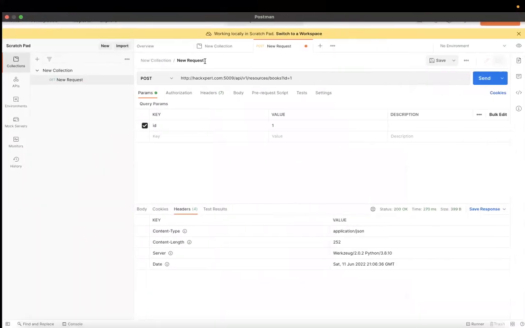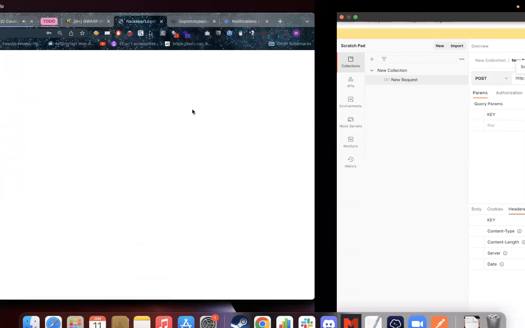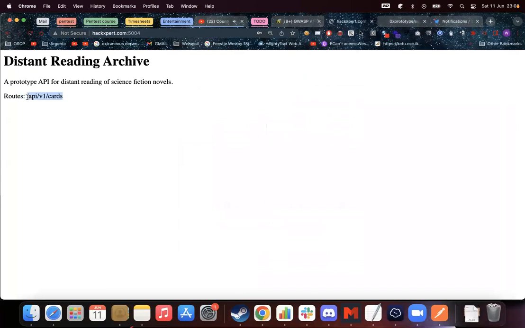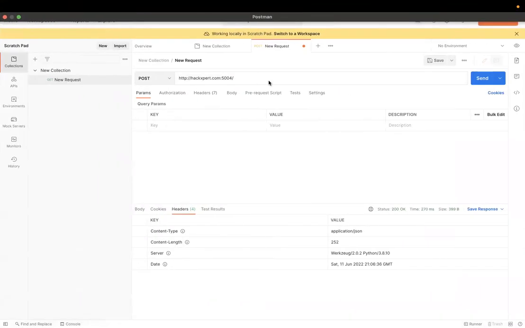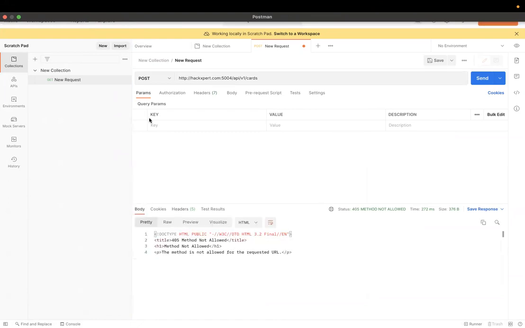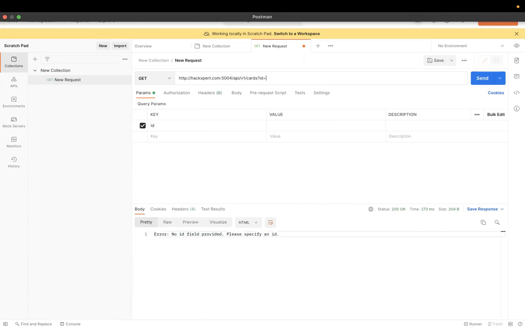Now I'm going to simply plug this into my Postman right here, and I'm going to make this call. What is this specifically? It says method not allowed. That's because I still have my POST here. Change that to GET. It says no ID provided, so we will provide it with an identifier. ID equals, let's do 0. And we can see that we get CVV returned, credit card number fully returned, the validity date fully returned, and